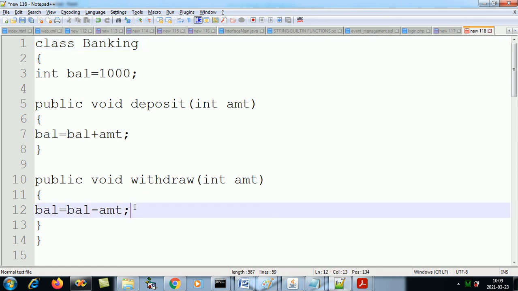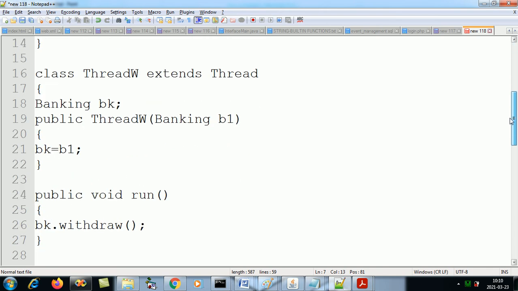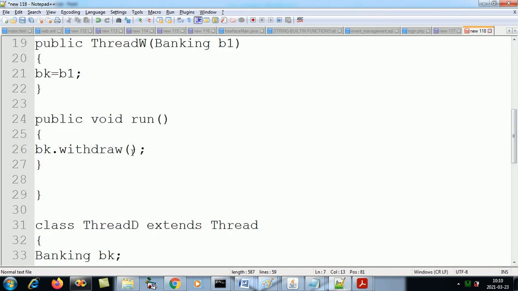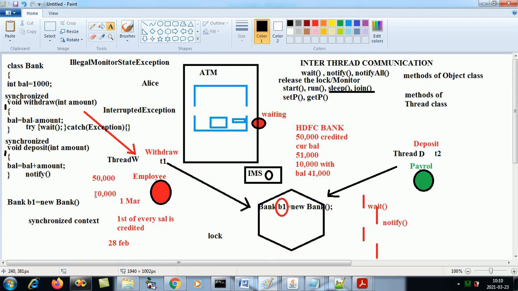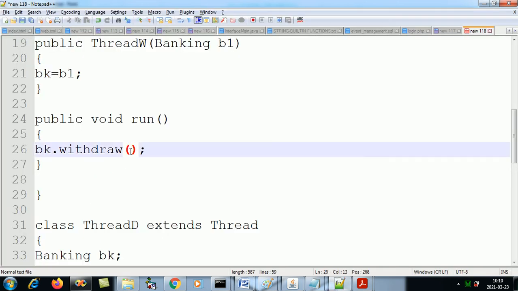So he has to wait till the balance becomes more than or equal to 10,000. So how much do we need to withdraw and how much do we need to deposit? We are withdrawing 10,000, so when we write withdraw, we'll say 10,000.